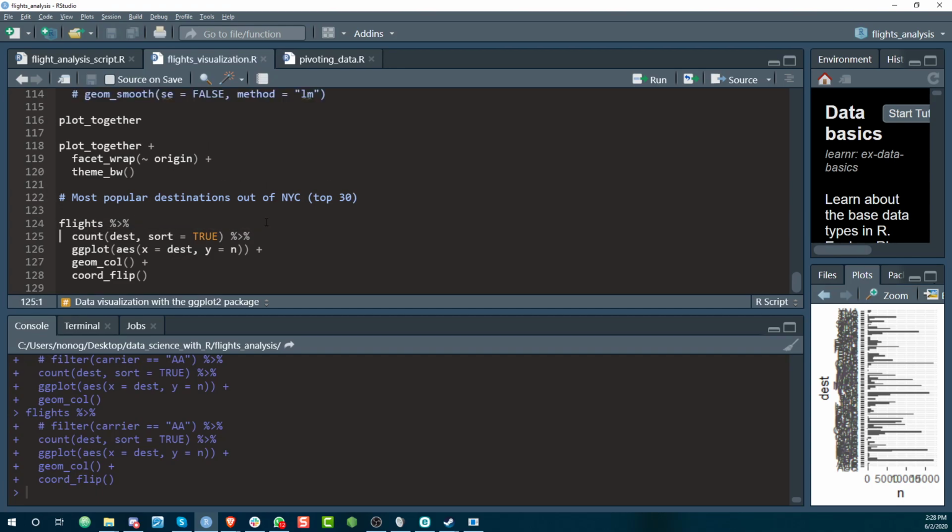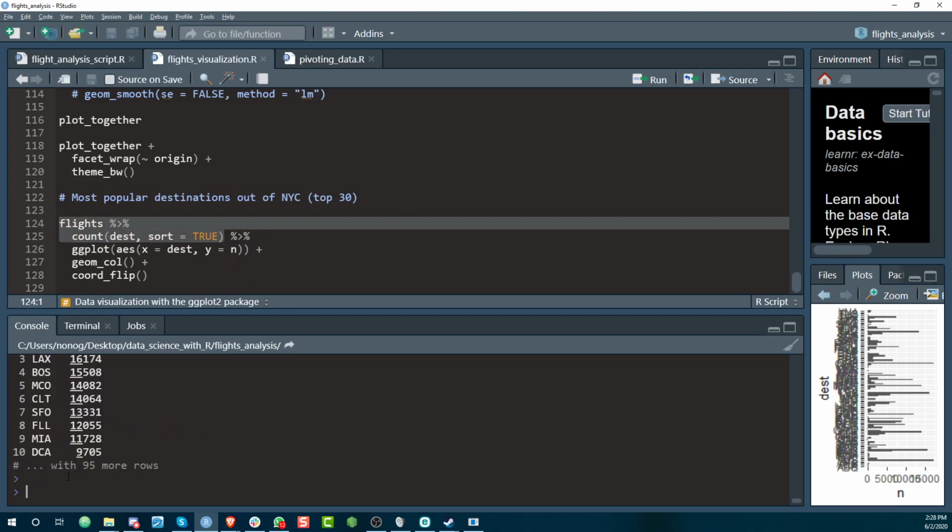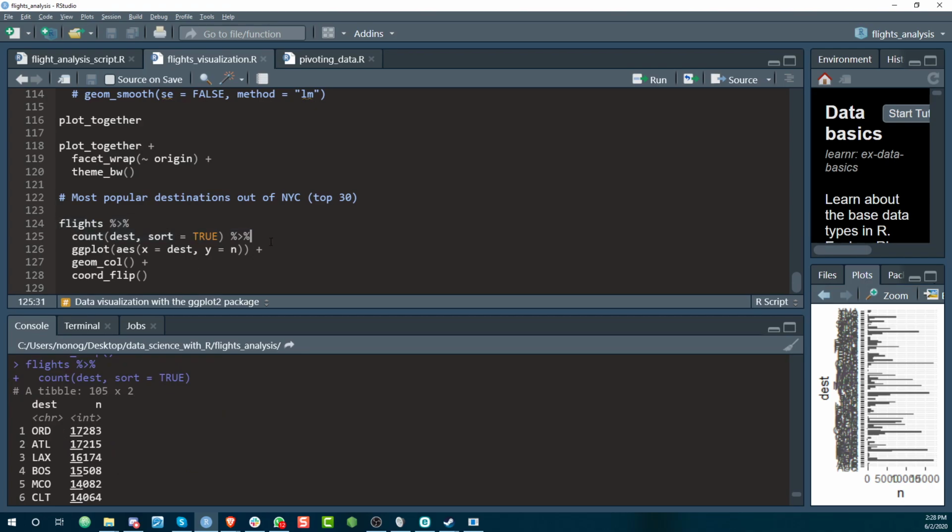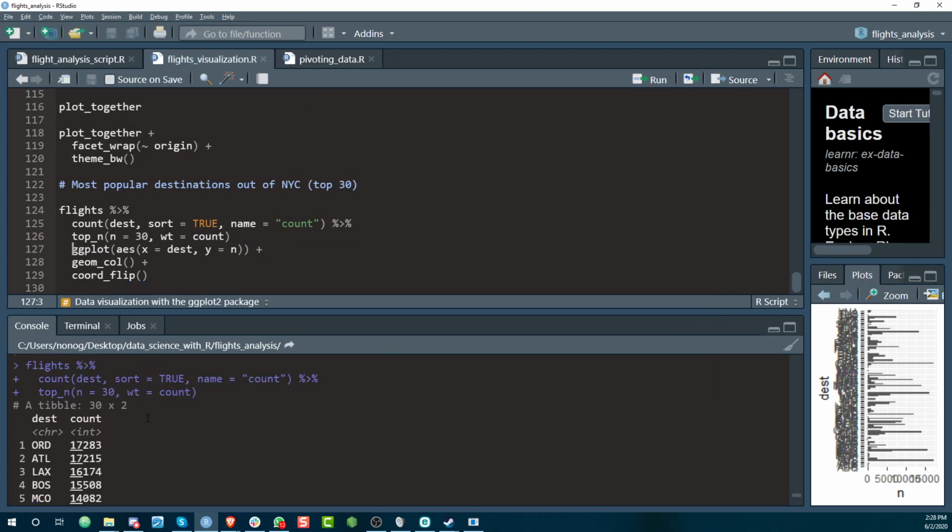I said I was going to remove this. Okay, so when I make the count data set, I want to keep the top 30. So I'm going to use the top_n function. Top_n, and n is equal to 30. And I want it according to the n column here. All right, so let me just remove this, I don't want you guys to be confused or anything. I'm going to call it count, and I'm going to name the column count, specify the count column here. All right, so let me run this. All right, so now we have, as you can see, the top 30